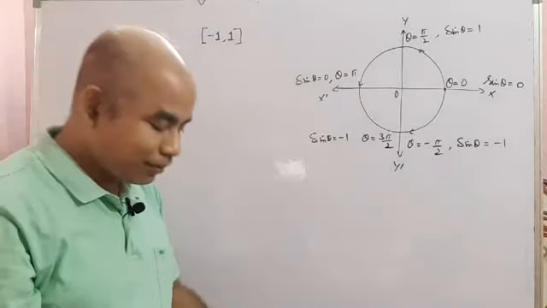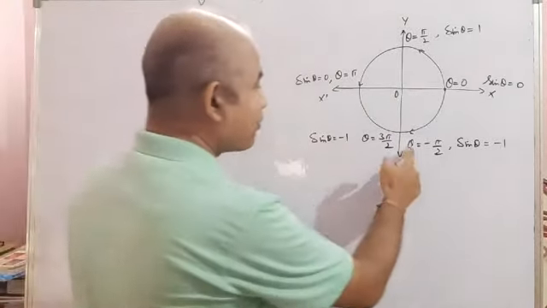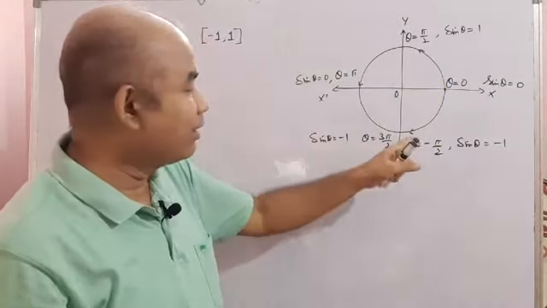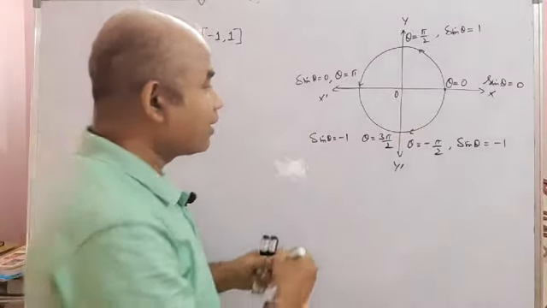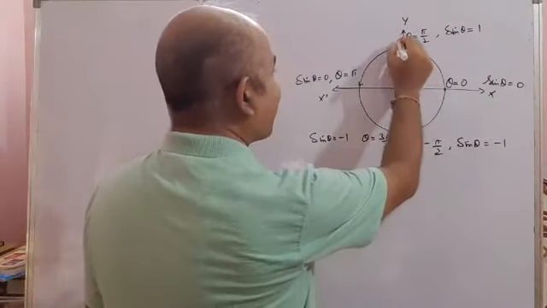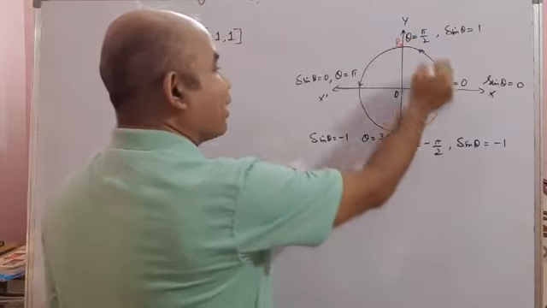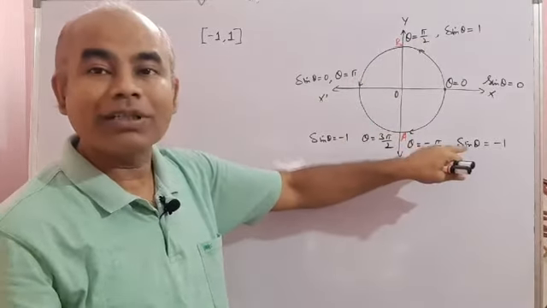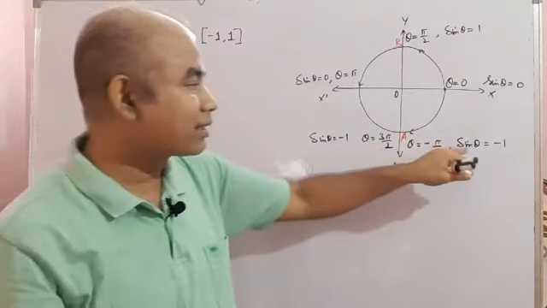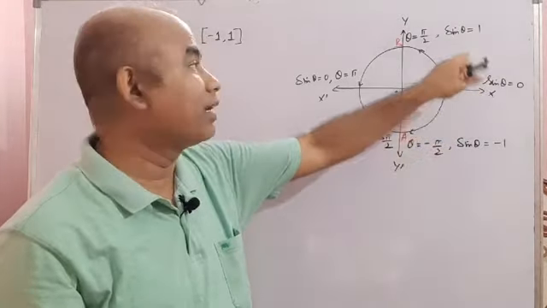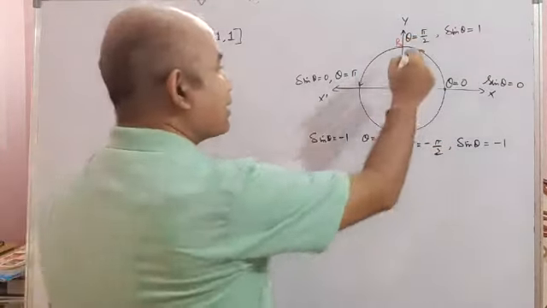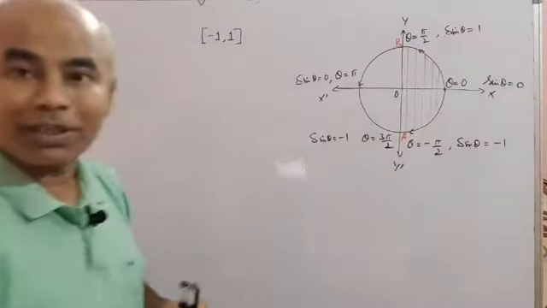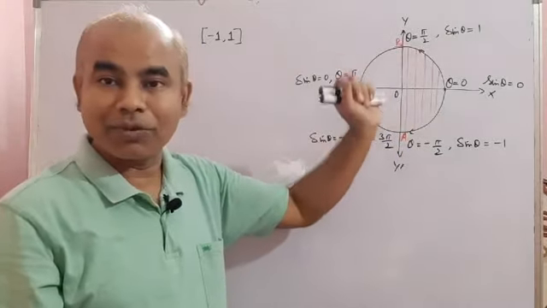Now in this diagram, from theta equal to minus pi by 2 to theta equal to plus pi by 2, if I consider these two quadrants, a semicircle, starting from this point, suppose I name this point as A and this point as B. So in this semicircle from A to B, when the angle is from minus pi by 2 to plus pi by 2, sine theta takes all its values in its range. Sine theta starts from -1, goes up to 0, then becomes +1. That means in this semicircle sine theta takes all its possible values.